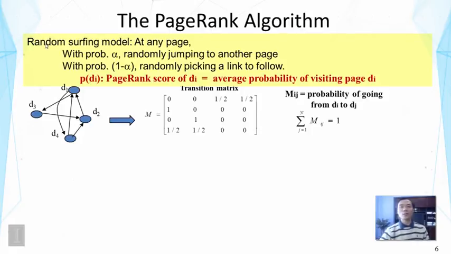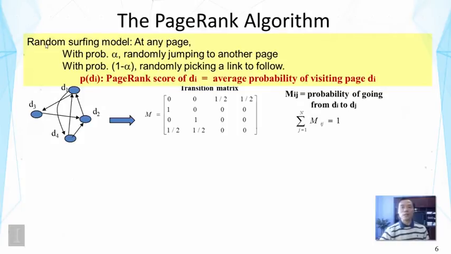Note that it also considers the indirect in-links. Why? Because if the pages that point to you have themselves a lot of in-links, that would mean the random surfer will very likely reach one of them, and therefore it increases the chance of visiting you. So this is a nice way to capture both indirect and direct links. So mathematically, how can we compute this probability?